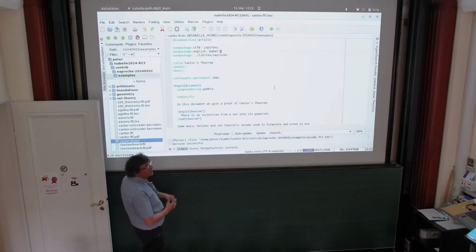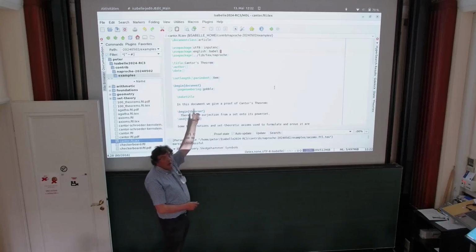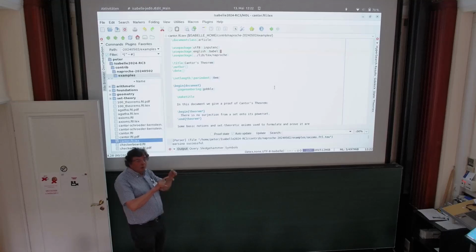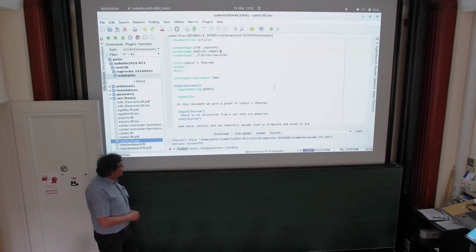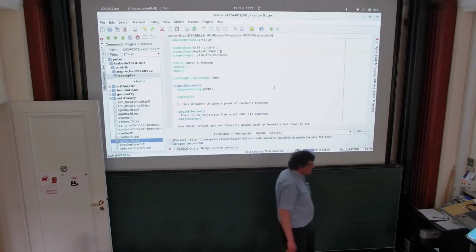At least it's called document class article. And then I use just things for typesetting. There is a Naproche style file so that it prints out the formal things with the gray background. And then things start, and there's just informal talking, so to speak.